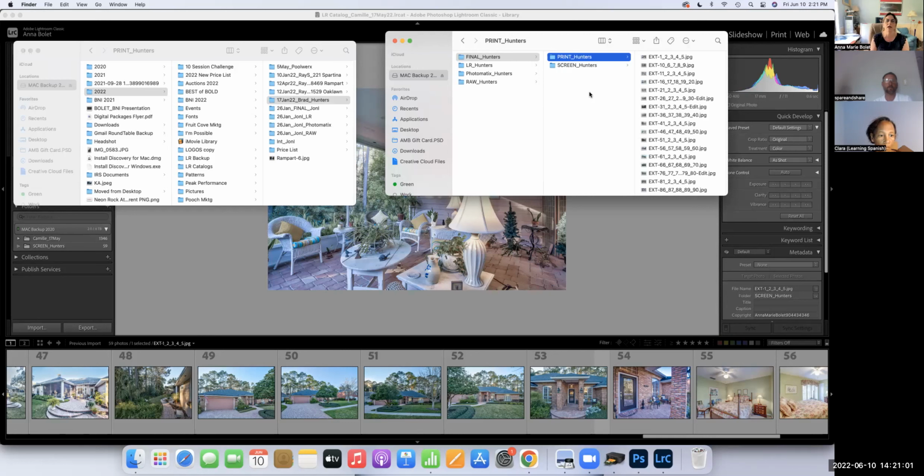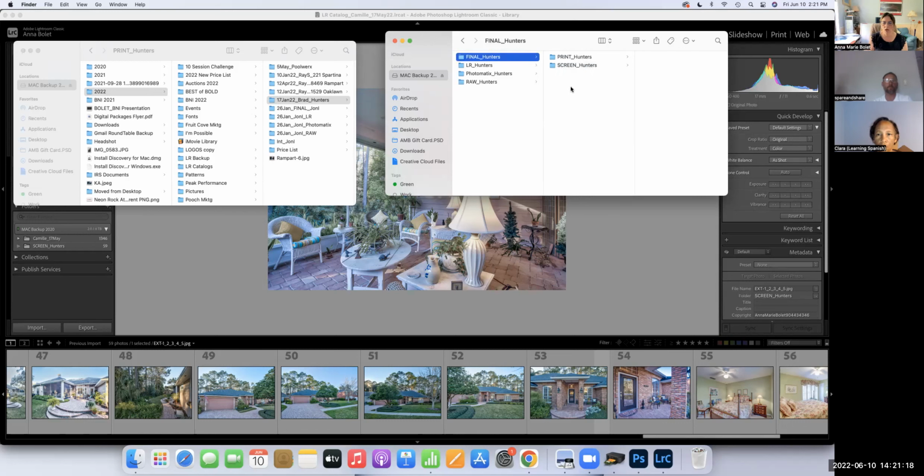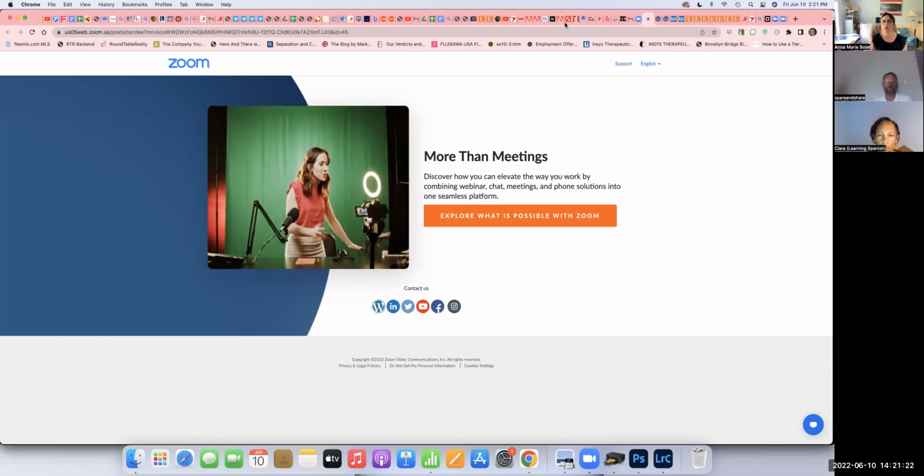The file's not working because it's too big. Unless they want it, and it's not even an extra charge, but if you want to charge extra for it, that's fine too. But unless they want it, don't do it. You don't have to. Okay, so now I go over to